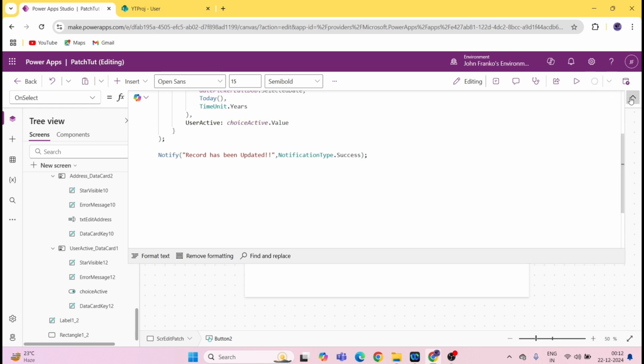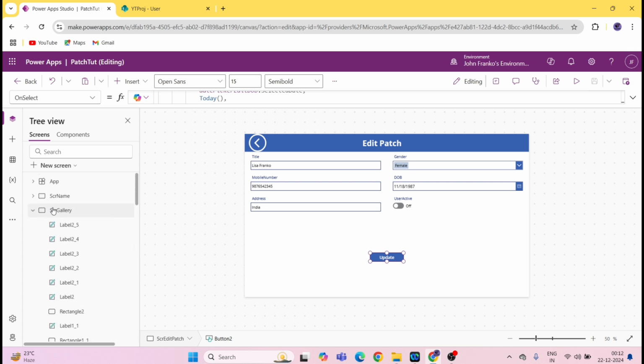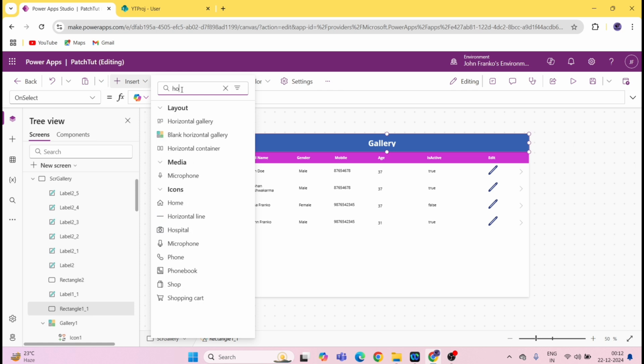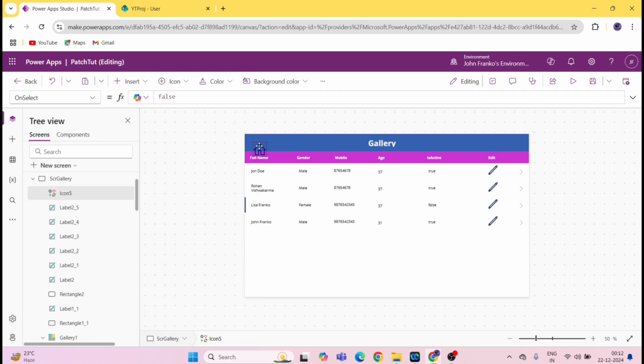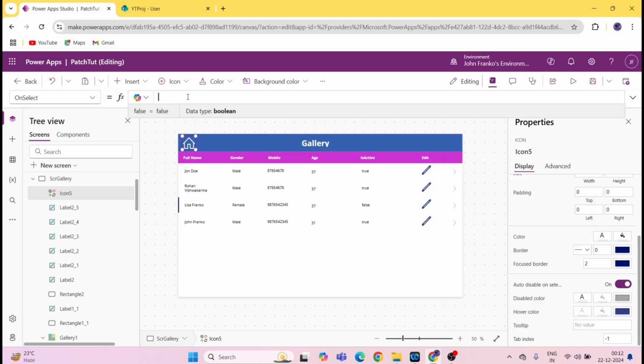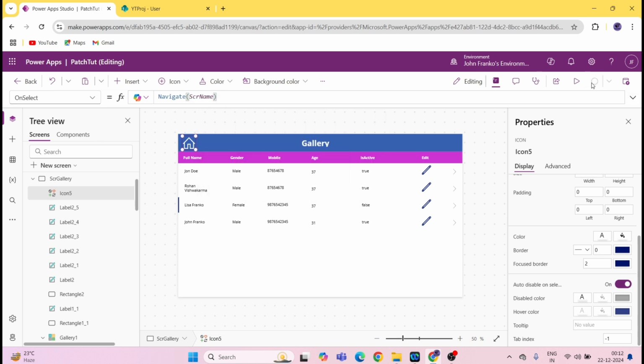Okay, save it, and to the gallery I will add the home, and this will navigate to, can get the property from here. Color will be white, and this will navigate to the screen add, right? Screen name, sorry. This is the name of our screen,